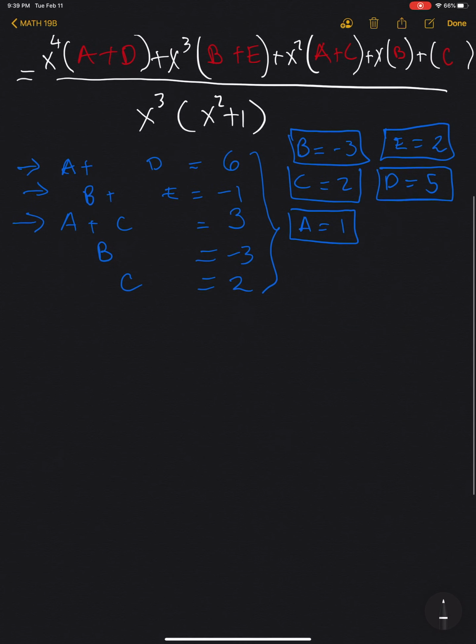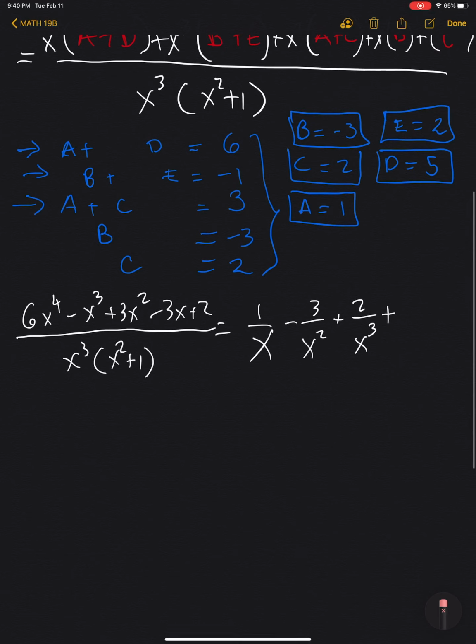So that means that this will be 1 over x. This is equal to 1 over x. Then the next one is b over x squared, which will be negative 3 over x squared. So minus 3 over x squared. Then the next one is c over x cubed, which will give me 2 over x cubed. So plus 2 over x cubed, plus the final one is dx plus e over x squared plus 1, which